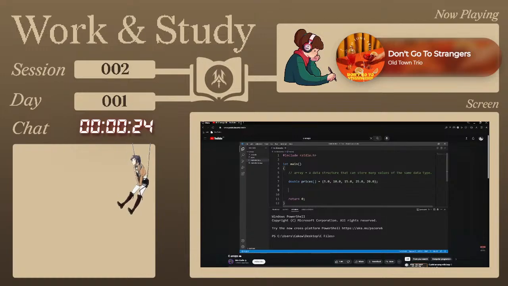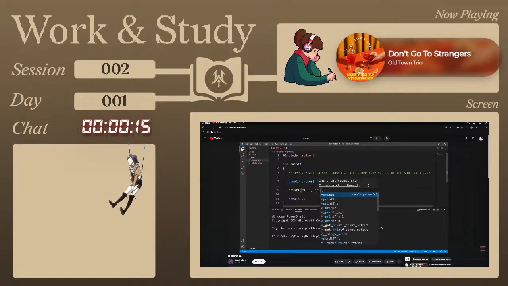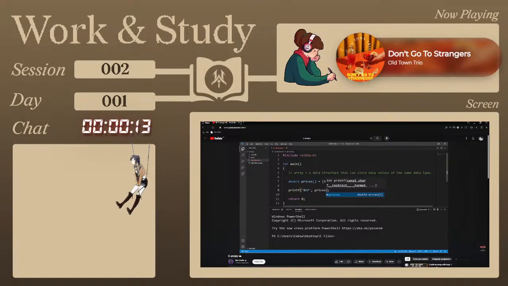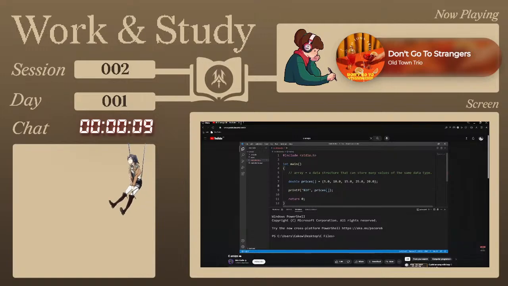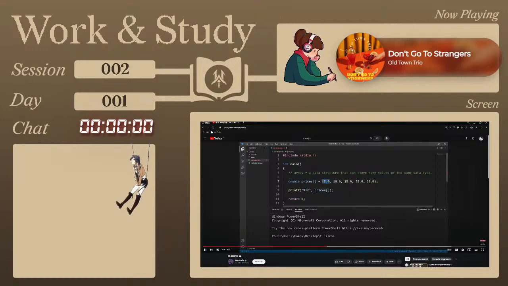So let's print one of these numbers. So printf, I'm going to use the format specifier for a double, and I'm going to list my array name, prices, then follow this with a set of square brackets. Then I need an index number. So each spot within an array is known as an element. So we have 5 elements within our array. And to access one of these elements, I need to list an index number. The first element has an index